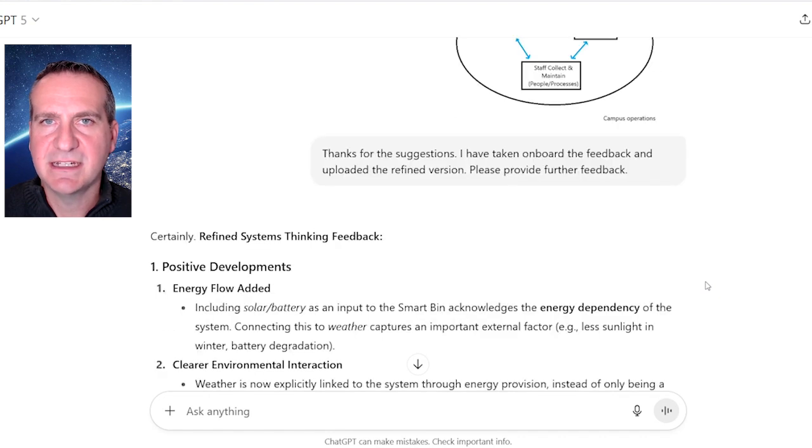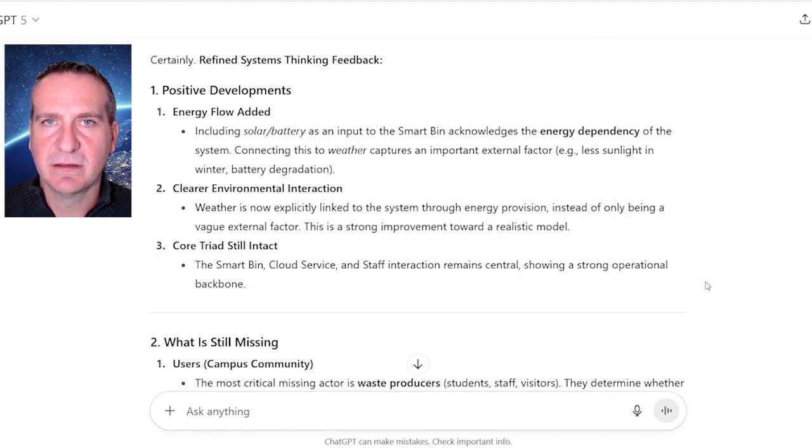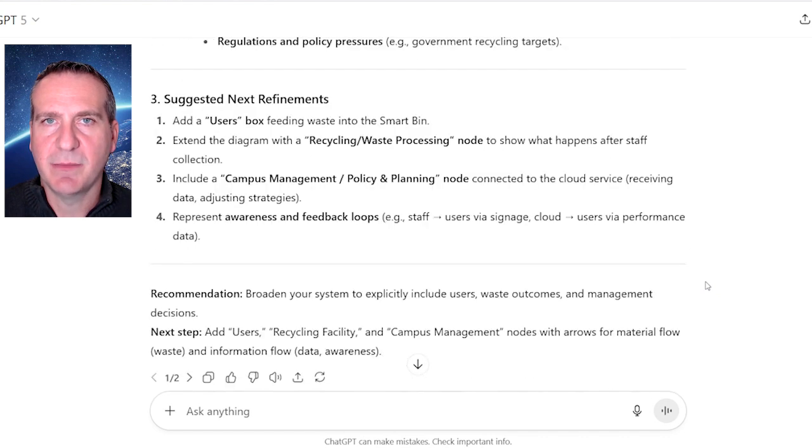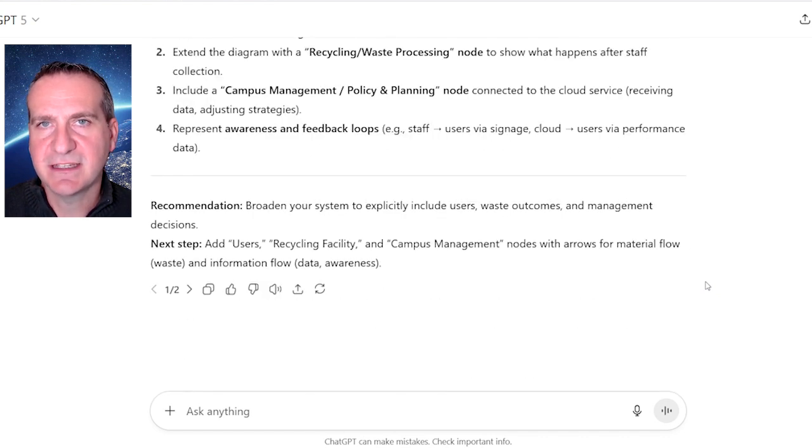The AI identifies, again, what I've done well and what needs improving, and once more, I need to apply my evaluative judgment and critical thinking skills to work out what I need to improve. Repeat this process as many times as you need until you become very comfortable that your system diagram is as